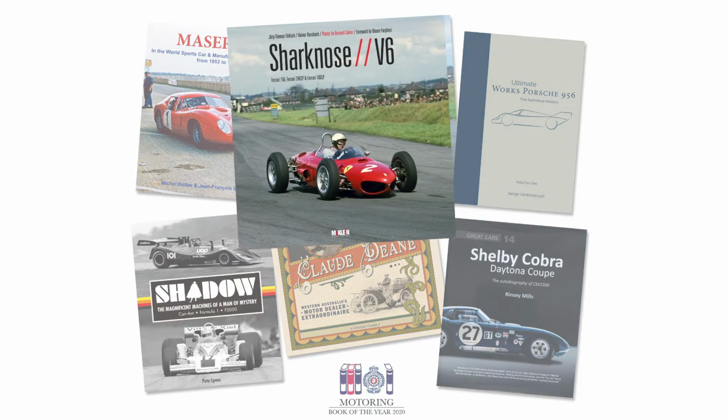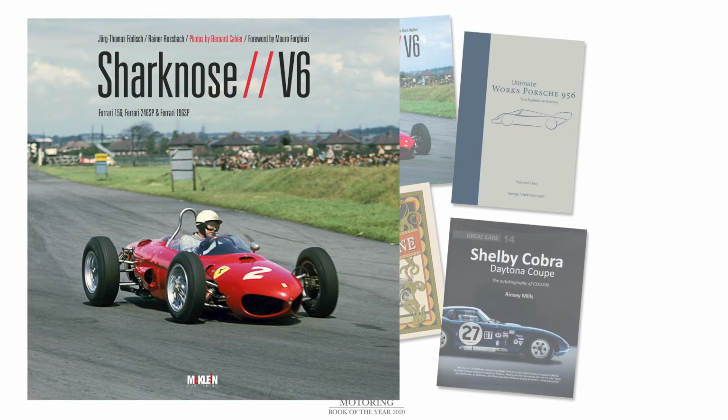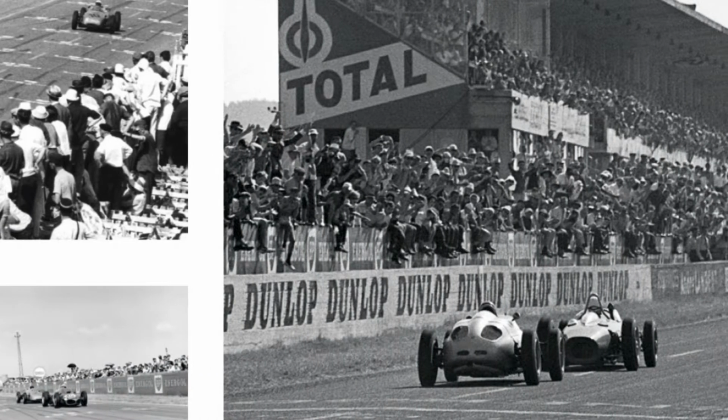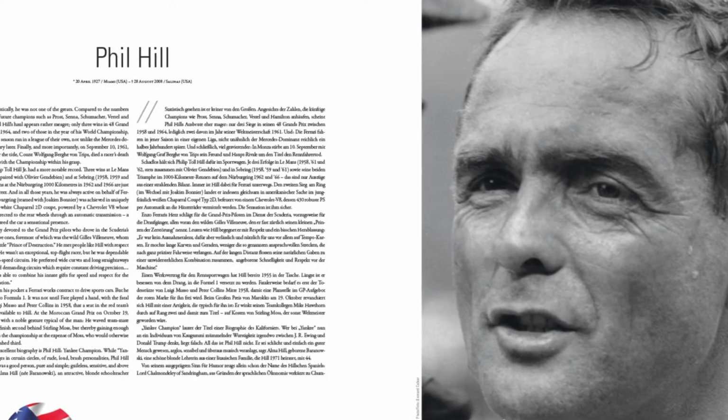Second book is Sharknose V6, Ferrari 156, Ferrari 246 SP and Ferrari 196 SP by Jörg-Thomas Födisch and Rainer Rosbach, published by Maclean Publishing and priced at £115. This is the story of the mid-engine Sharknose Ferraris, one of glory and drama. Outstanding victories such as winning the Formula One World Championship in 1961 with American driver Phil Hill are inextricably linked